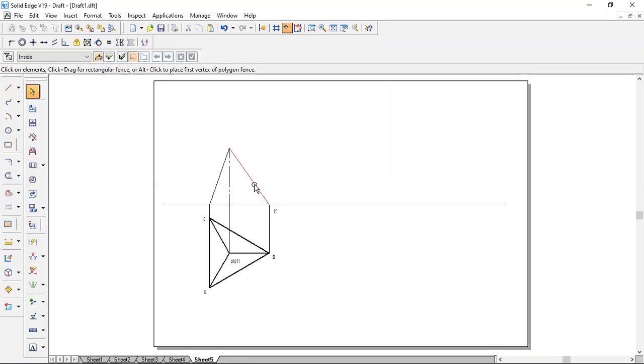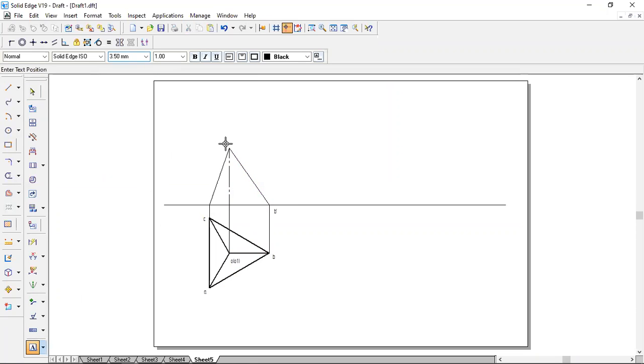So this is equal to 55 mm, because when the line is parallel to the XY line, the other view of this line is nothing but O dash B dash. The O dash B dash represents the true length. A line inclined to HP and parallel to VP represents the true length in the front view. So here the naming is A dash, comma, in bracket C dash. Then this is going to be O1 dash.